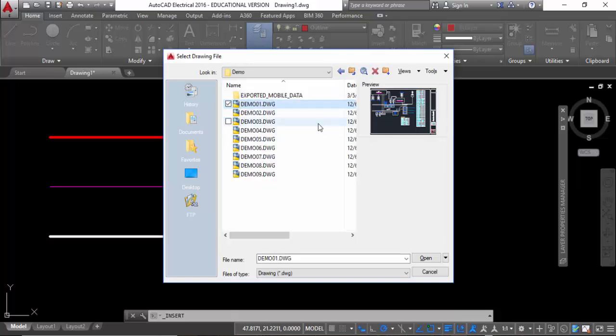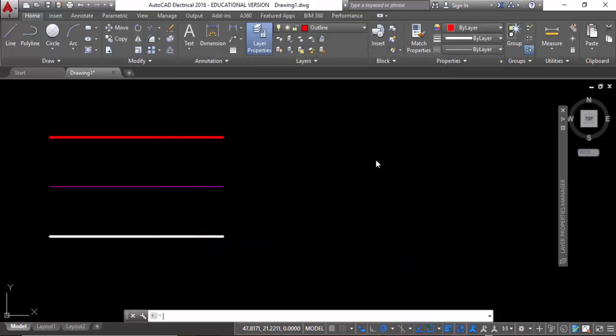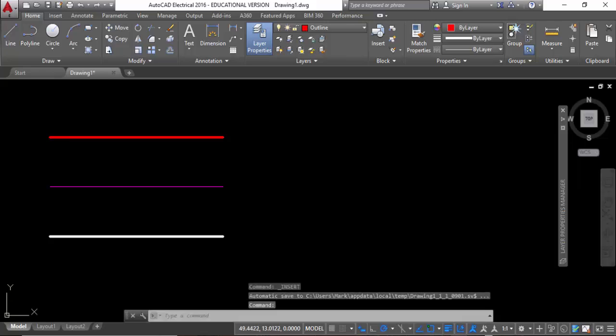There we go. There's a drawing over there that I can bring in as a block, but it comes in as one complete drawing. So you have to explode it to have individual lines in that case. Okay, another way that we can do this, so I'm going to cancel that, is if I press Control 3,